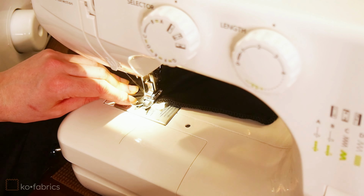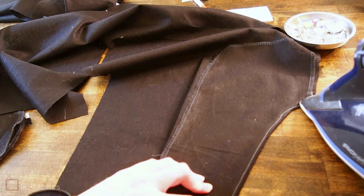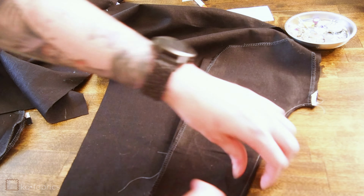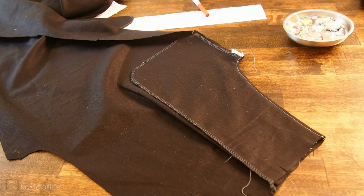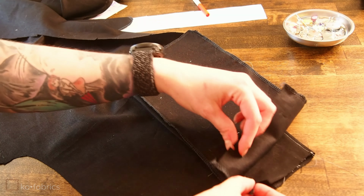And so now it folds, look at that, it's folding perfectly towards the inside. I almost don't have to press it, it'll just kind of naturally want to fold that way. And now we have our inside pocket done. You're going to do this on the other side too, so both sides. Then we're going to add the